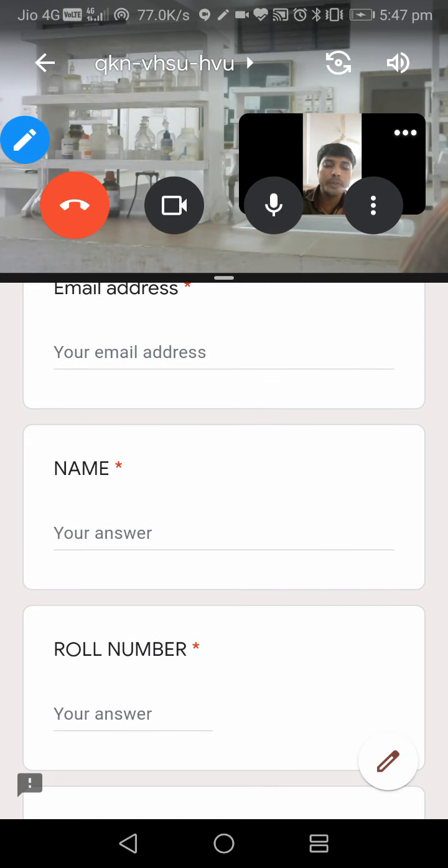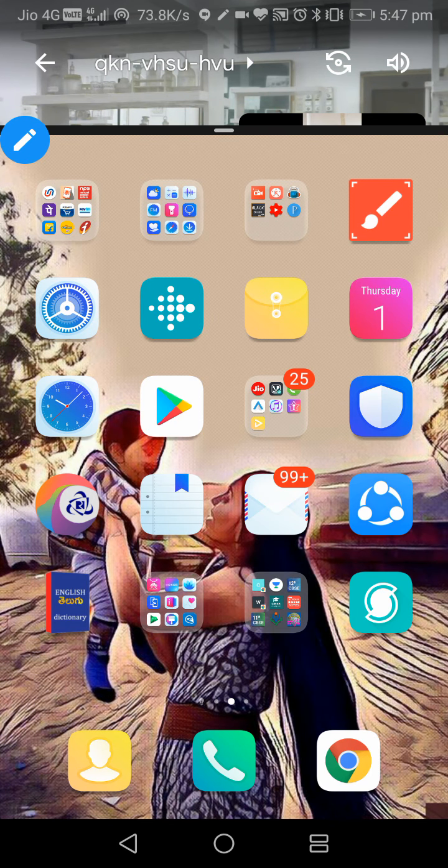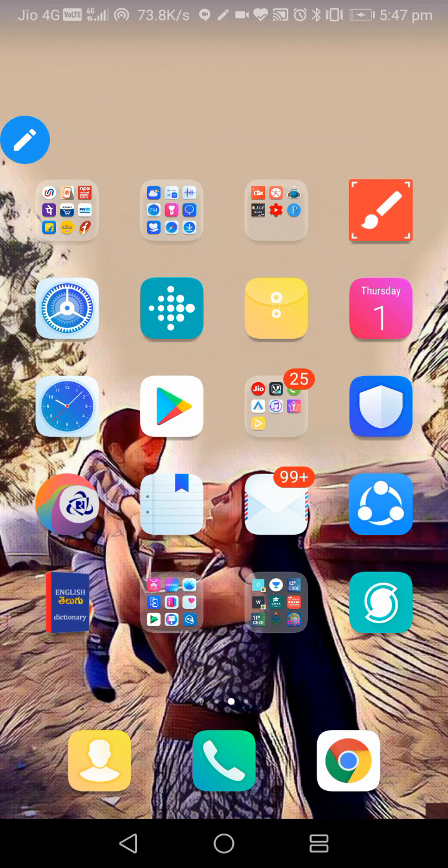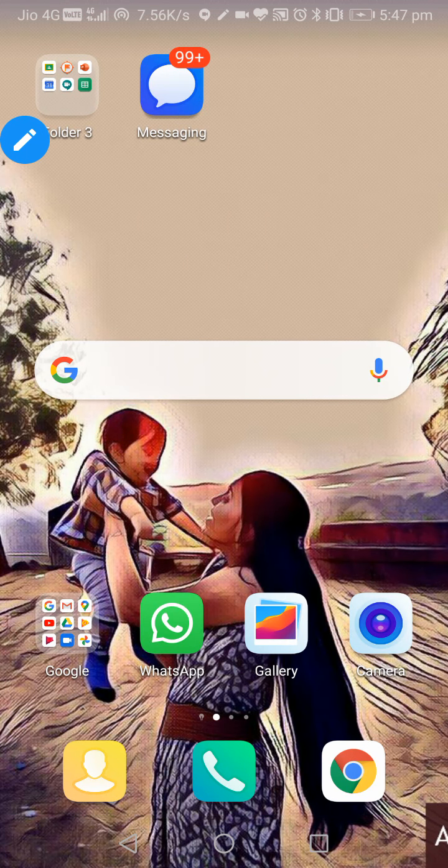If you want to send descriptive answers, like you have to write, then you have to upload, right? So for that camera is required. So what you can do, you can press this home button circle, you can see at the bottom. So you can go back, there is no issue, you can close whatever it is there, the meeting is still going on. Now you can take the camera and you can take the photo.